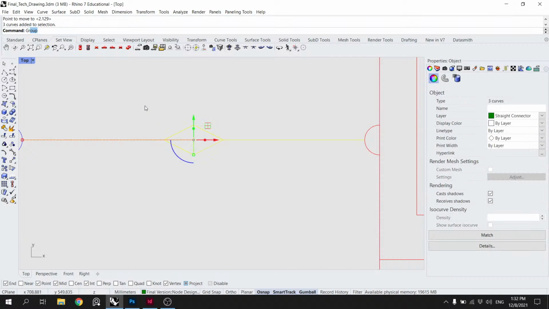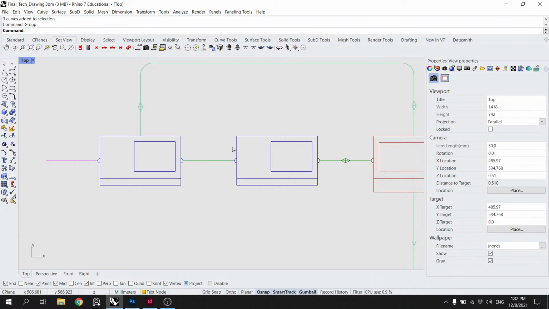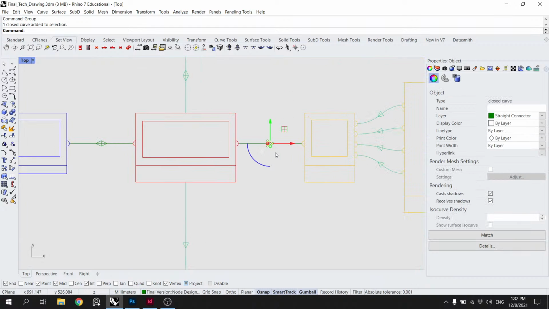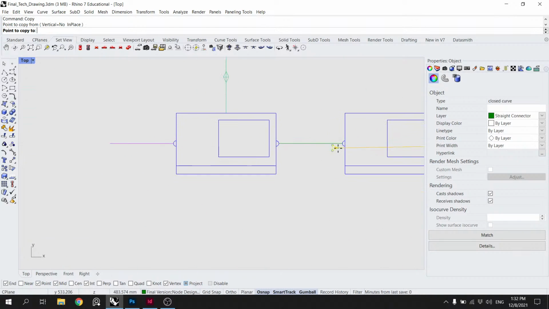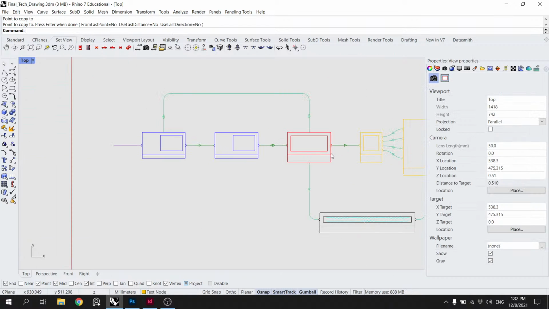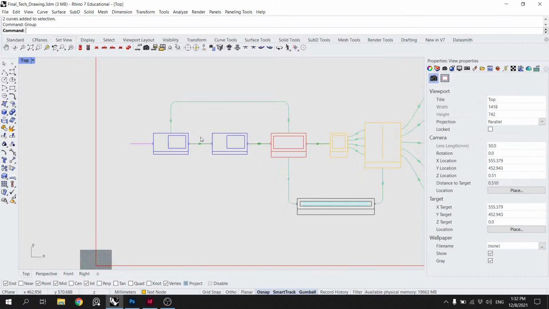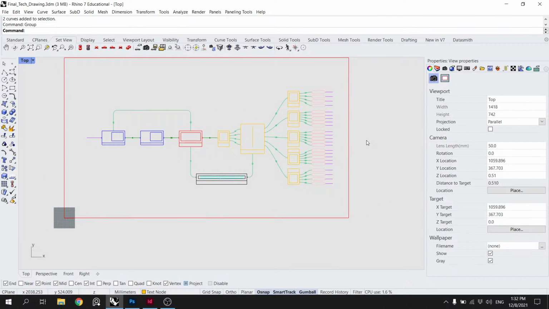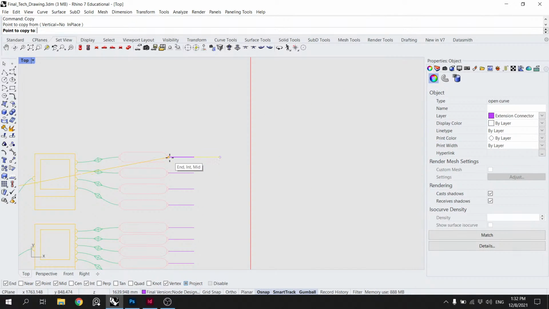Okay, we can group that. One-way arrow here. Copy to the mid. Okay, we can group that. And group that. Alright. Okay, we just want to make sure that these are the same length.